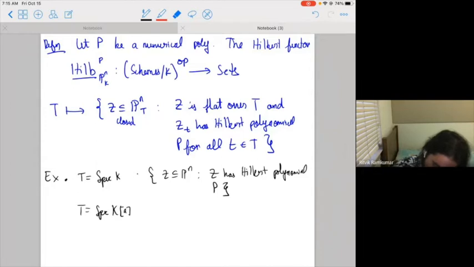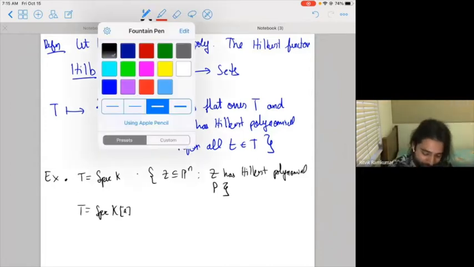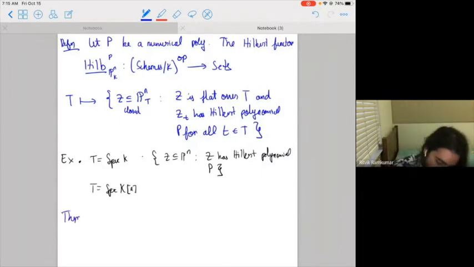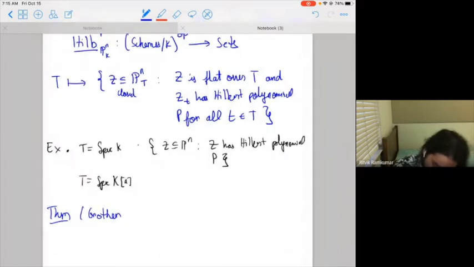I'll just leave it at that. But are there any questions about this definition though? So that is a functor, and Grothendieck's theorem is really what... So this is exactly what he proved, and it in particular implies what I said on the previous page. It's that this functor